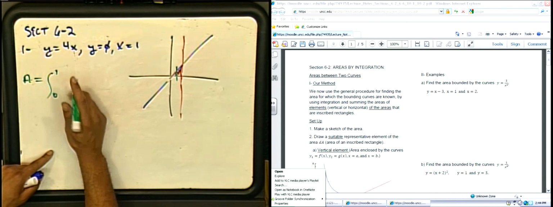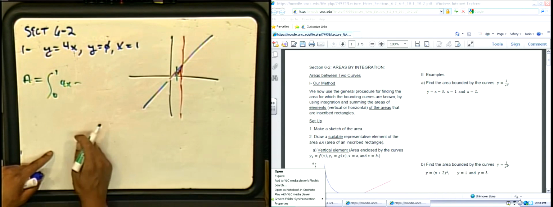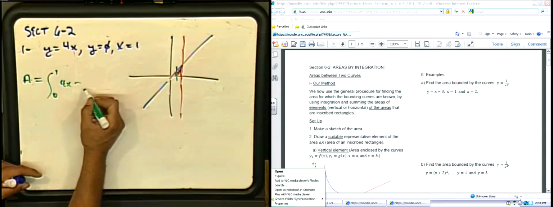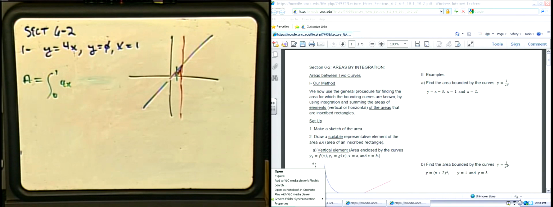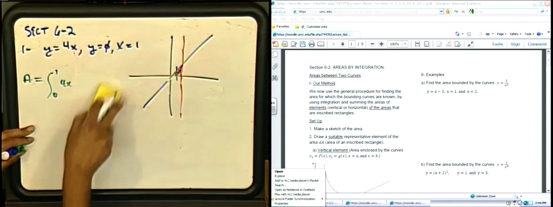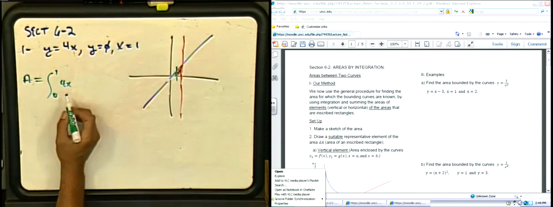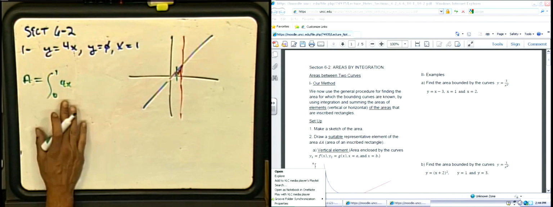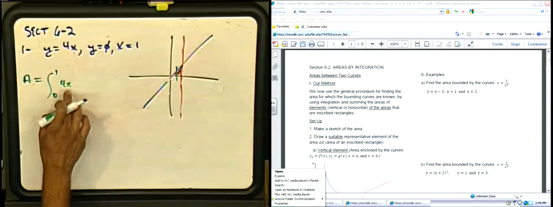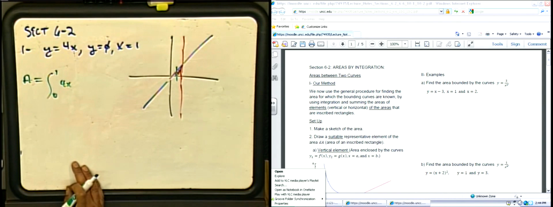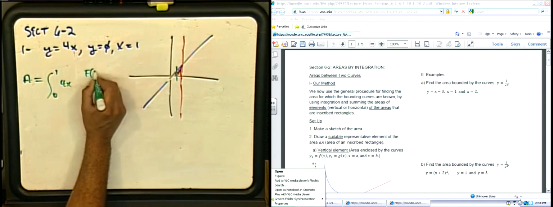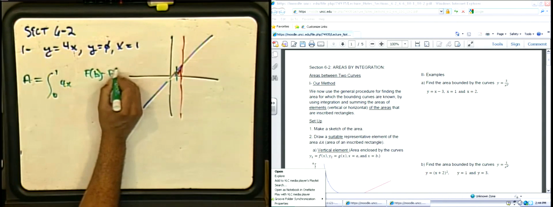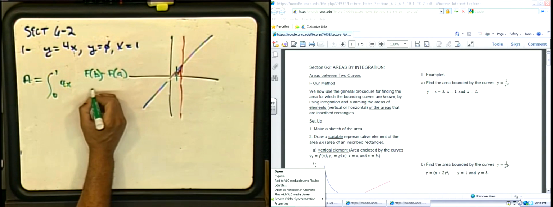The upper function is 4x minus the lower function, which is 0. Well, you don't even have to put anything. And from here, it's just an integration problem. You need to find the antiderivative here, then plug in f of b minus f of a, and that gives you your area